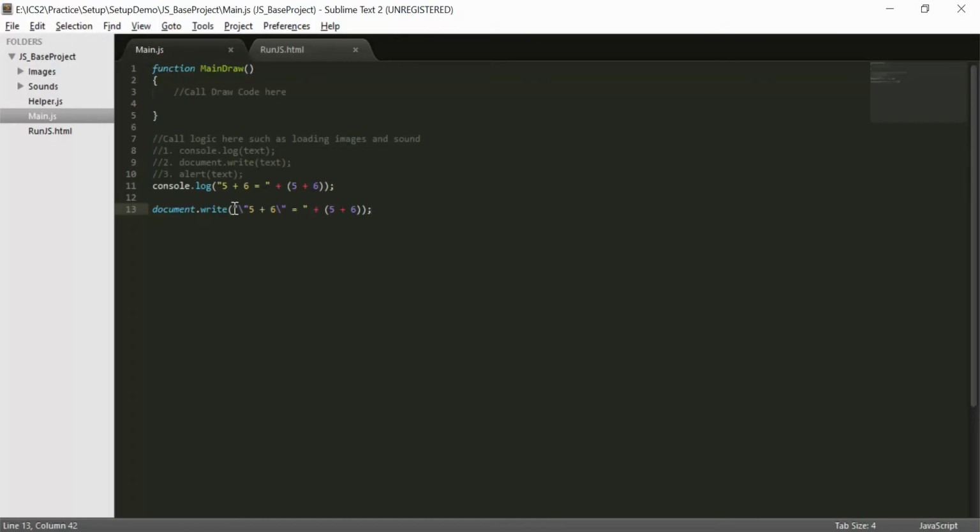So we had a quote that represented the start of the string. Then I had the backslash quote that said, hey, put an actual quotation mark in there. Then another one after the 6. And then I ended the string with a regular quote, and I concatenated the result of 5 plus 6. You can see our stuff's getting a little bit confusing now, but it's just to show you all the different control mechanisms. We can actually do single quotes,